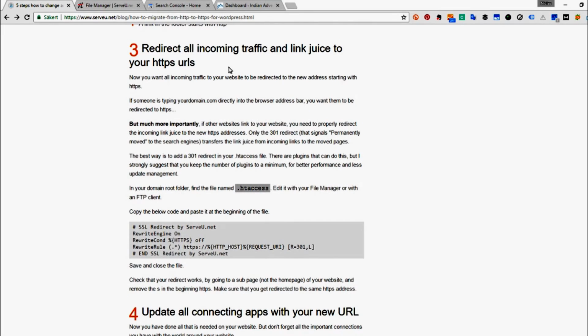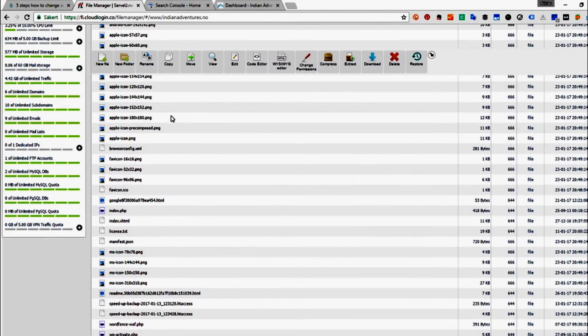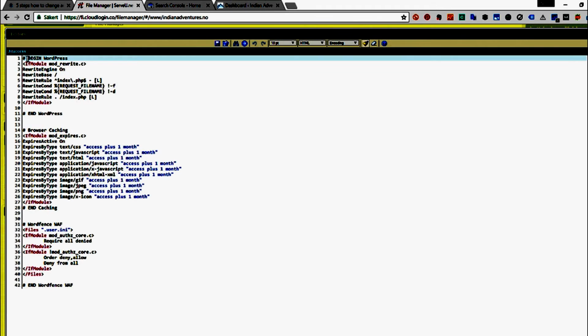Now we need to redirect all the incoming traffic and, more importantly, the link juice, so that all backlinks to your site will really have the right effect on the search engines. So we should locate the htaccess file and add this code to it. So let's copy this one, and we'll find the htaccess file up here, code editor, and we will paste this redirect code right up in